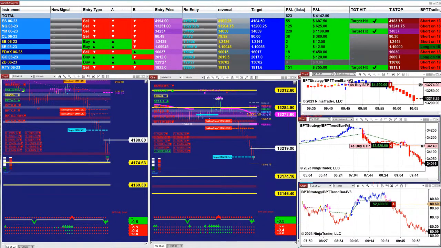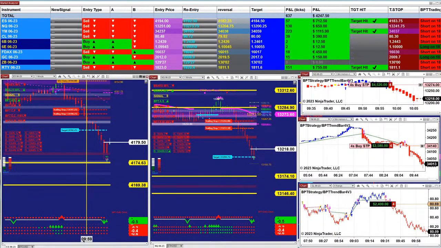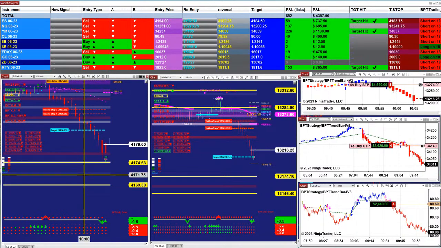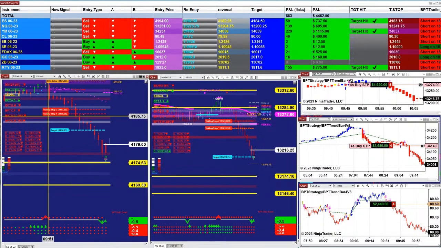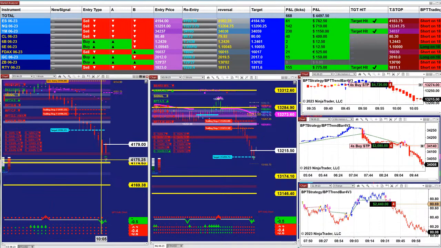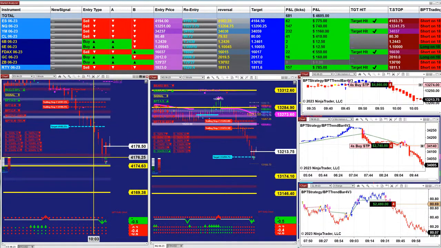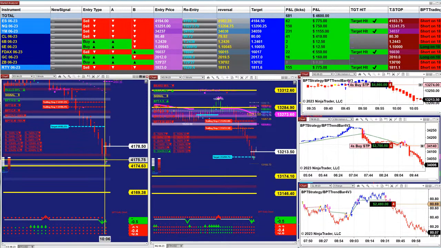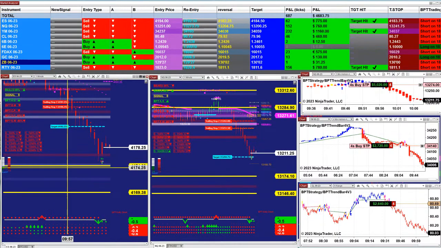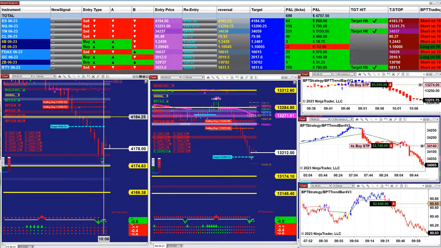Now, if we look at what happened to the ES, we already set our target right there at 41.71. The market hit it very well, and now we have the reversal. The reversals are not repaint reversals. Once they get the reversal, that means there is a reversal. However, the short trade is not over. If there is a pullback, it's not going to go above the 41.84, and then this is another re-entry short,